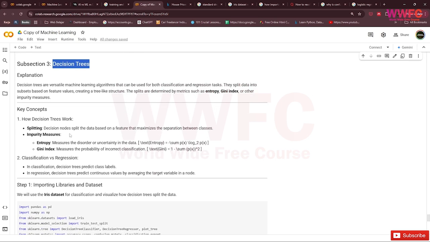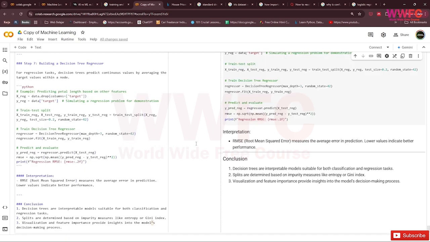The key concept is how a decision tree works. Splitting: decision nodes split the data based on features that maximize the separation between classes. Impurity measures: entropy measures the disorder or uncertainty in data.